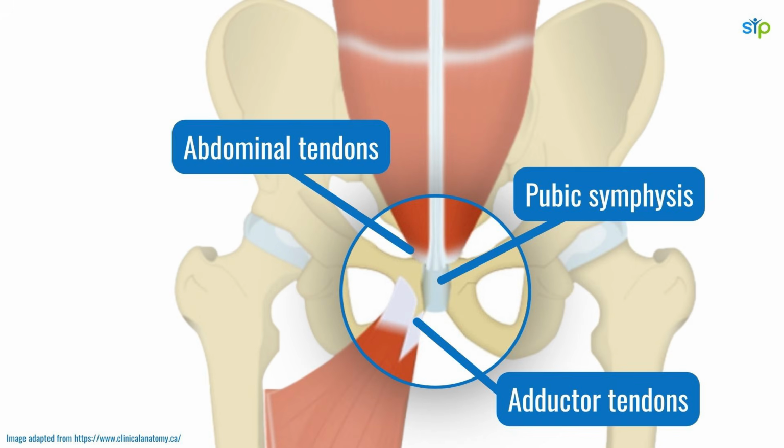So whenever we see a patient with abdominal tendinopathy, it's not just about regaining the strength in those tendons, but it's about working on that core stability and making sure the adductor muscles and all the other muscles around the hips are also strong. Osteitis pubis is an overuse injury that is commonly seen mostly in runners that do really